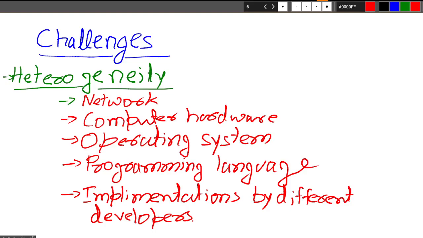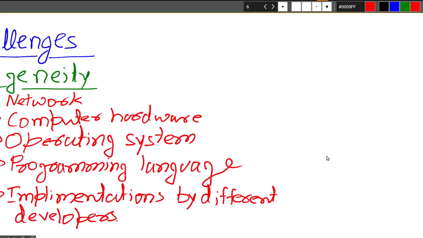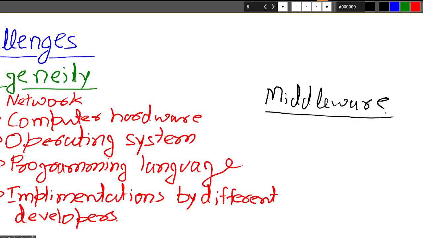Let me tell you about one thing, we call it middleware. So now, what is middleware?